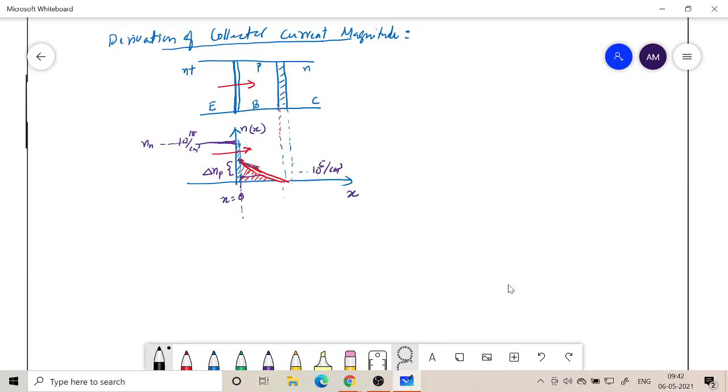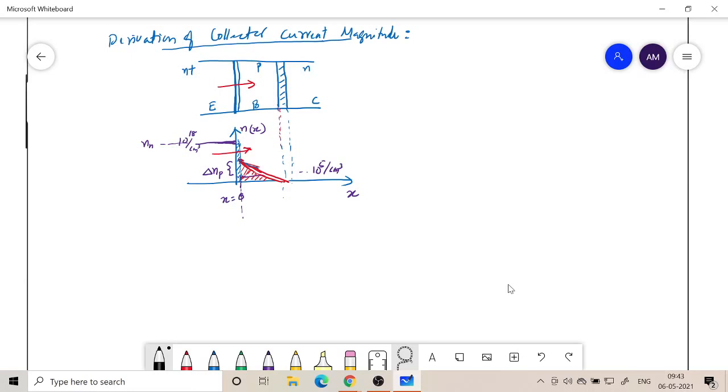So we will continue with what we were doing in the last class. We started a derivation to find out what is going to be the collector current under forward active region. There are four modes of operation for a BJT depending upon how we bias the two junctions. We chose one particular mode, which is called forward active mode, where the emitter base junction is forward biased and the collector base junction is reverse biased, and we are looking at the case of an NPN transistor.